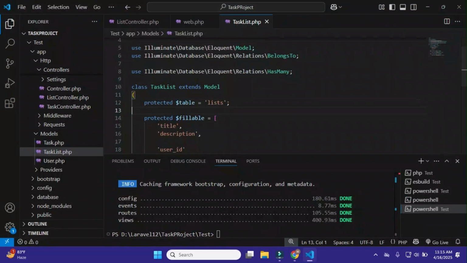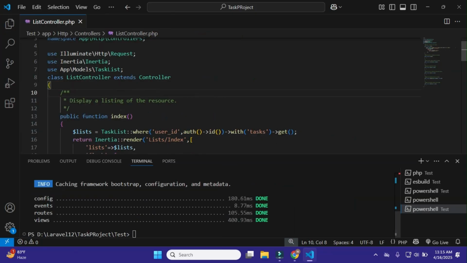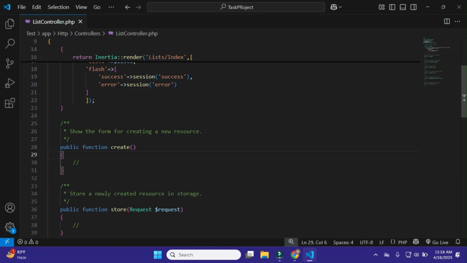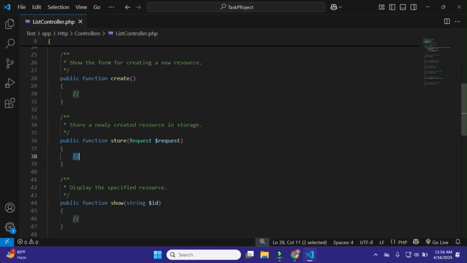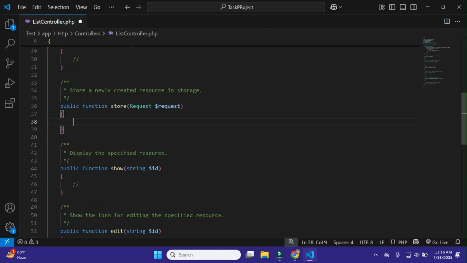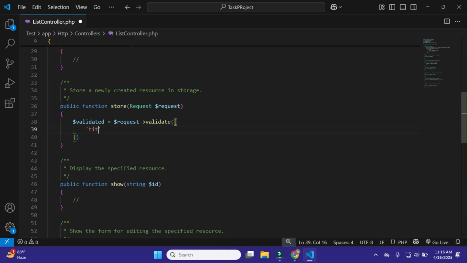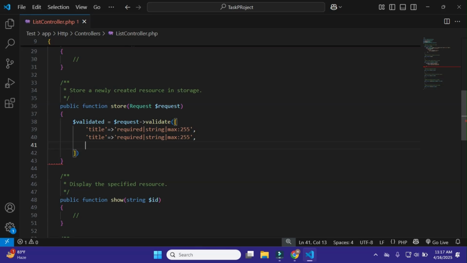Okay, that's it. And now I'll close this, go to list, and within it I'll define the functions that are remaining. Okay, index, and then I have the store function, and in the store function I have this request, $request, and then $request validate, and within it I'll pass here title. It is required string, just this. Okay, then copy it, paste it here, and then I have the description, and make it nullable string. Okay, and don't make it max. Okay, just this, and then